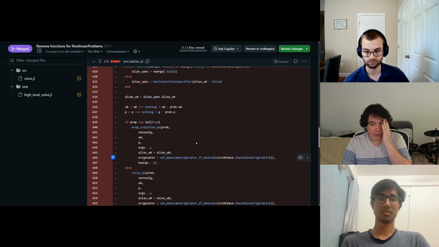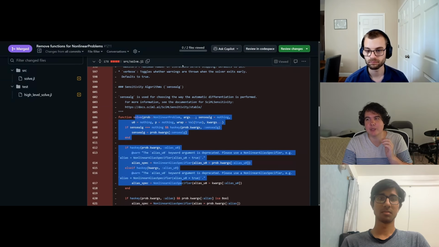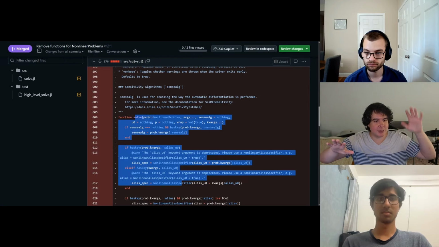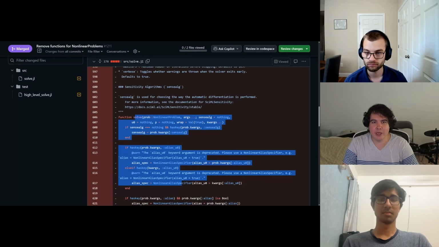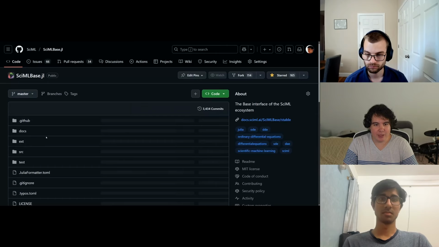And so finally we took the time to do the work to basically just say, we're moving out these solve dispatches so that way it's in nonlinear solve base. So, nonlinear solve base does not depend on DiffEq base. And then anything that's shared functionality is in SciML base now, right? So like now anything around,